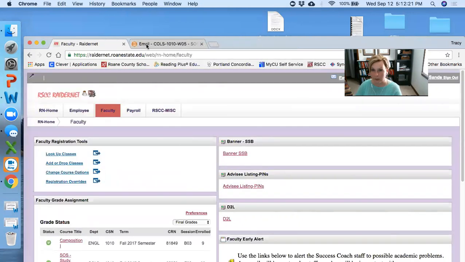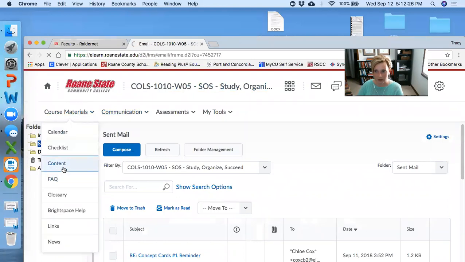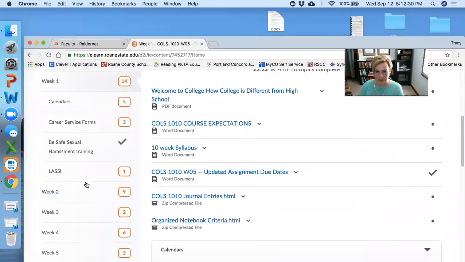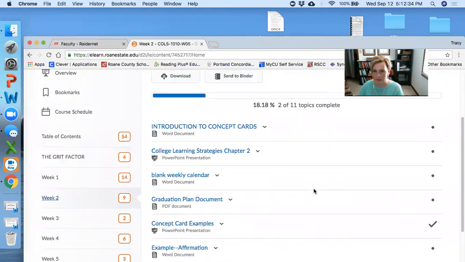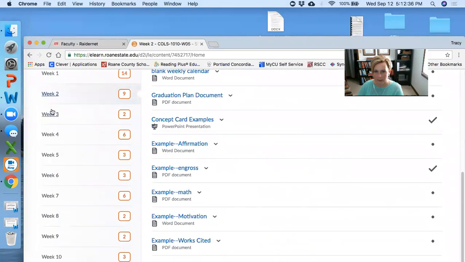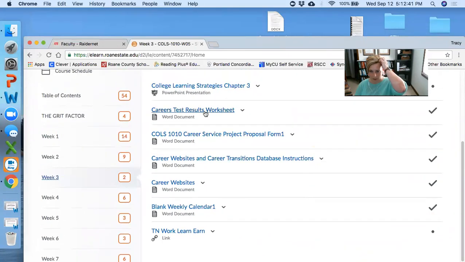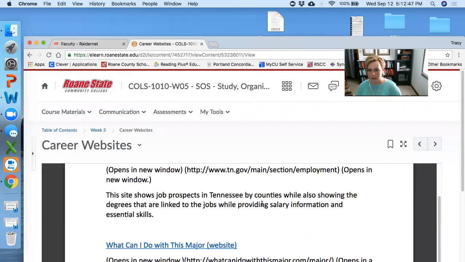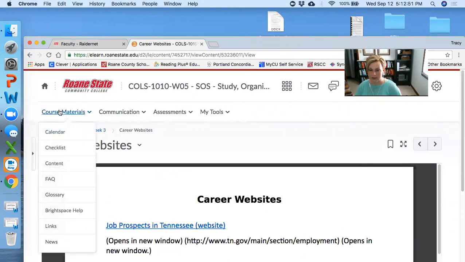And remember, when you go into course materials and you go into content, you take a look at week 2. All of the information you need for the career assessments is actually in week 3. So there's the worksheet and a document that lists the career website. So you will go there and you will follow the instructions for the career websites. And then as far as the Strong's assessment,